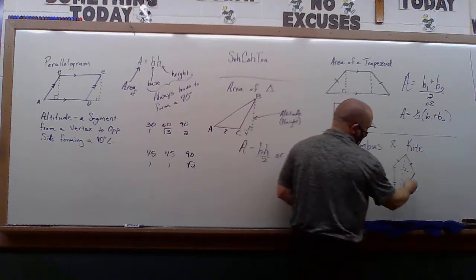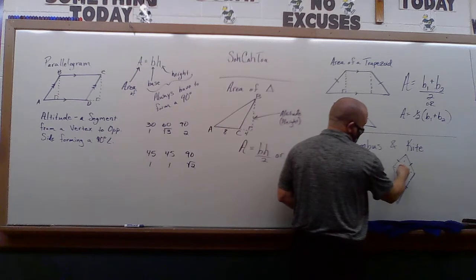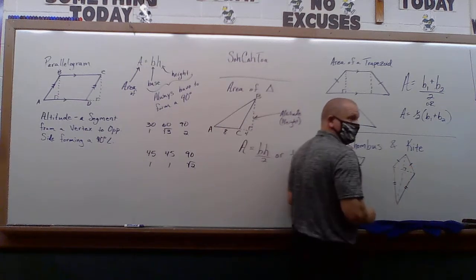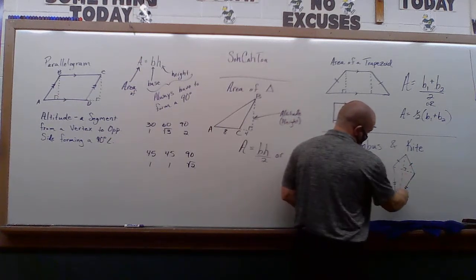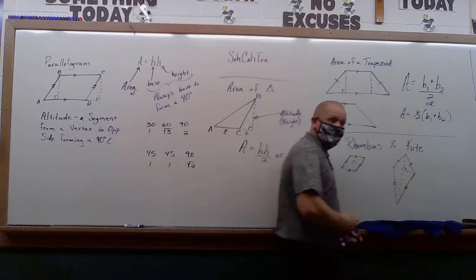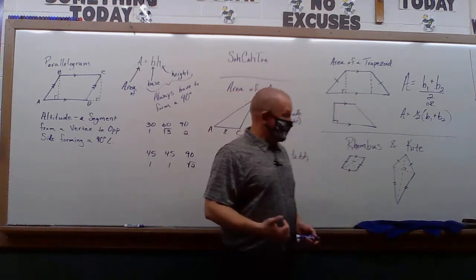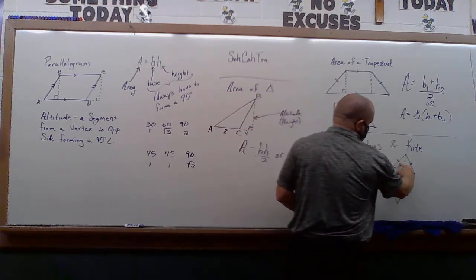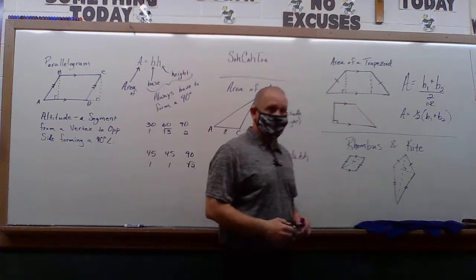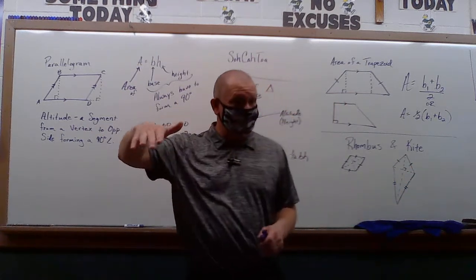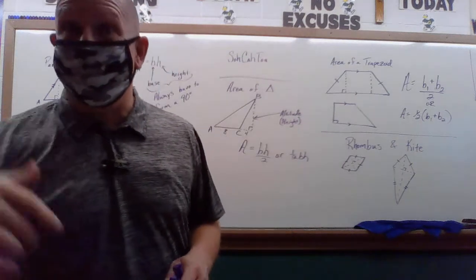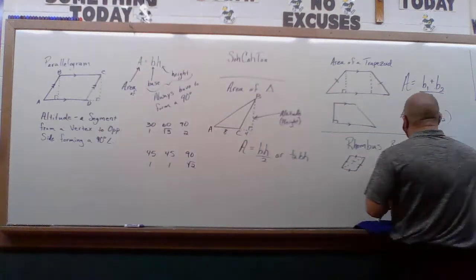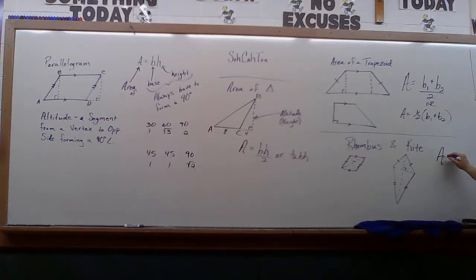And again, notice this triangle and this triangle, would they be congruent to each other? Yes, and this triangle right here and this triangle right here, congruent to each other. So we have 2 sets of congruent triangles because of the diagonals, and the diagonals making a base and a height. So the area of either one of these, a rhombus or a kite, is